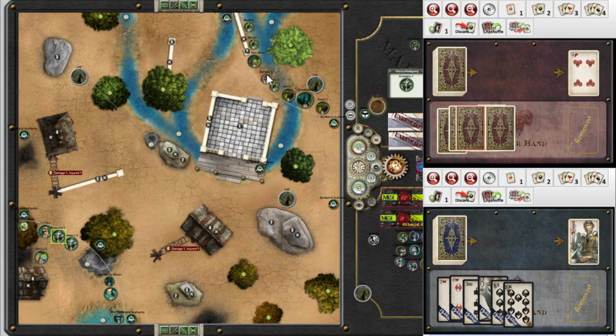All right. I have 4, 5, 6, 7, 8 models. You have 1, 2, 3, 4, 5, 6, 7, 8 models. No pass tokens either way. You may go first. Okay, I'm going to activate the Restless Spirit,